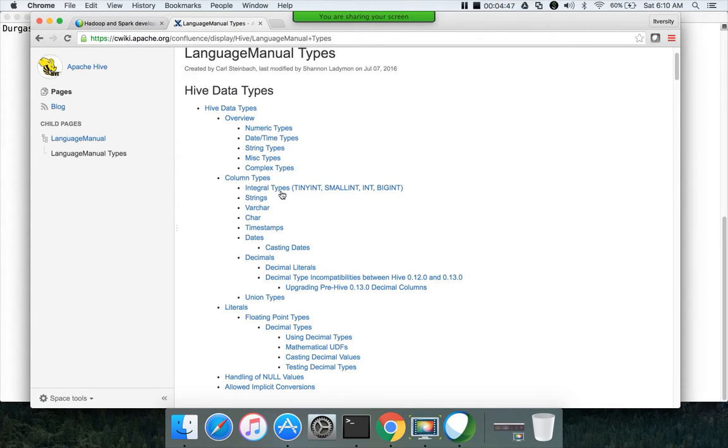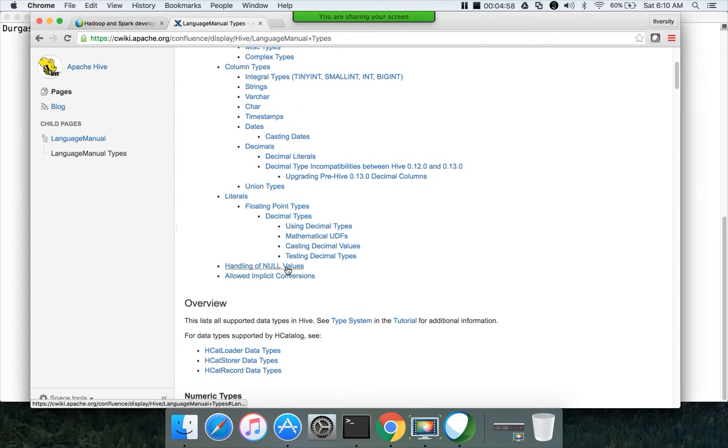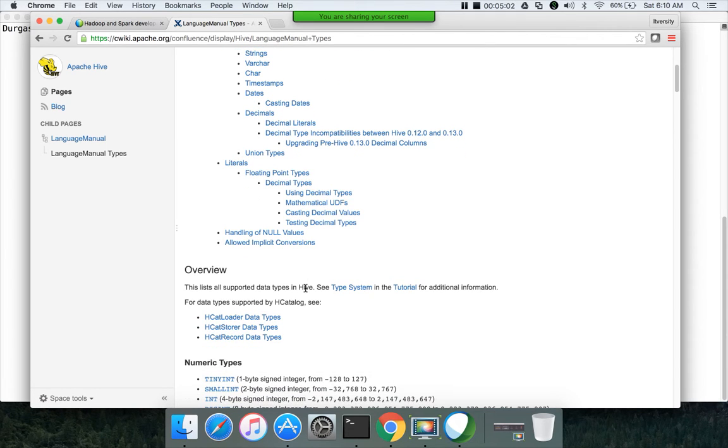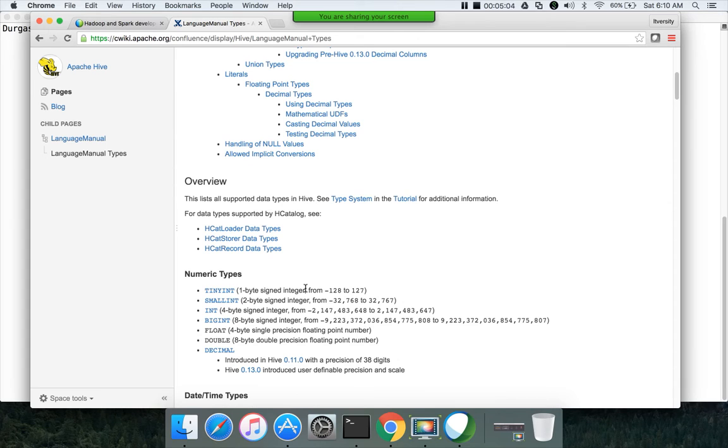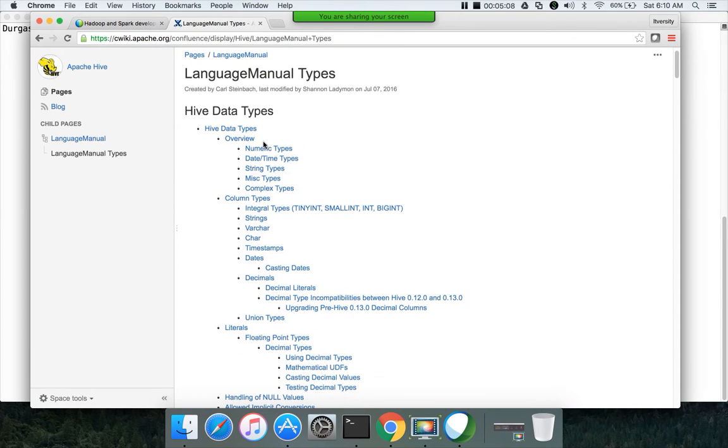So there used to be only integral types, strings, and decimals. Only these three types used to be there. Now they have added more data types. Okay, so handling of null values is another important thing which we will see while creating the tables whenever it is relevant. But these are the data types which you need to understand before creating the table.